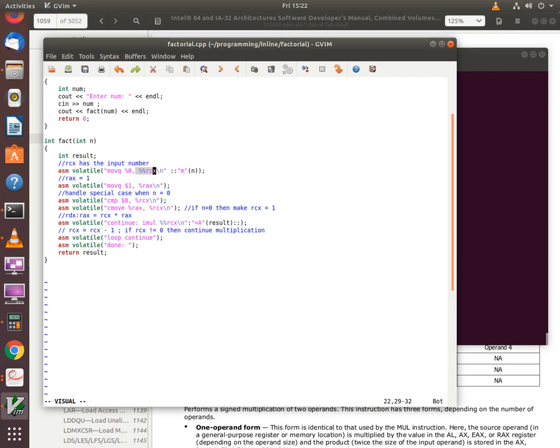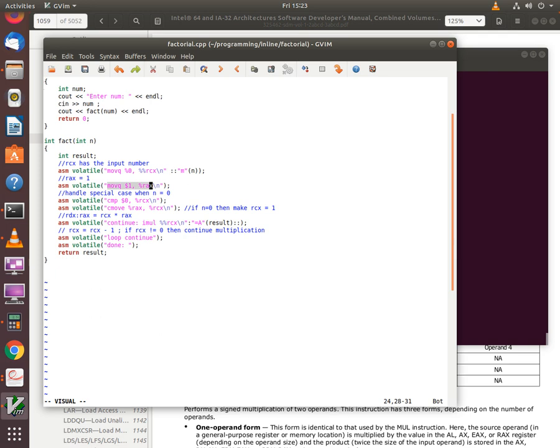So at the completion of this instruction, RCX is loaded with the input number n whose factorial is to be computed. The next instruction moves a value of 1 into the RAX register.